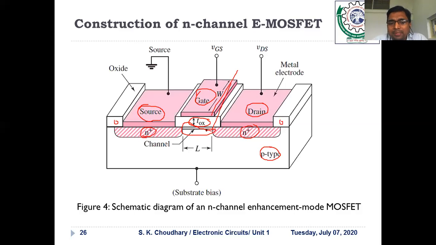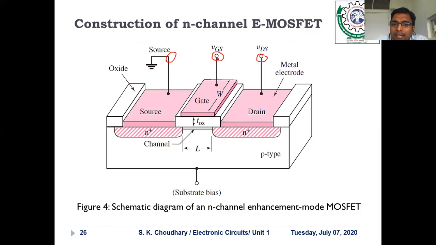Apart from this, if you look at this diagram, certain voltages and terminals have been marked on it. First, there is a gate terminal that is connected to the gate surface, then there is a drain terminal, and lastly a source terminal. At the gate terminal we have applied the positive terminal of the supply, and the source would always be connected to the ground or lowest potential.